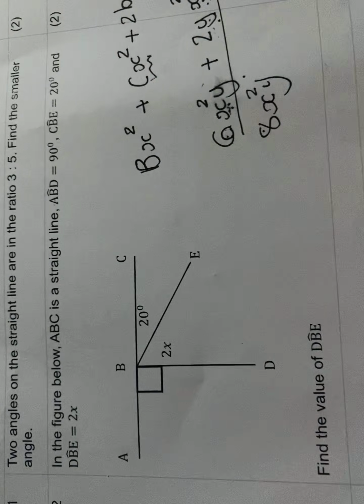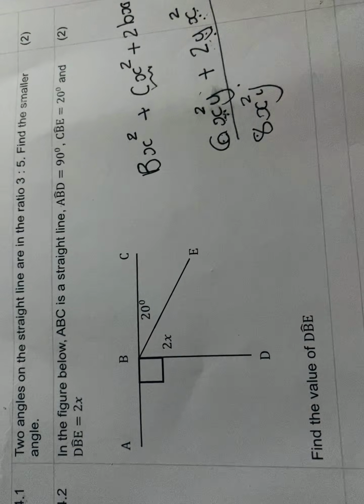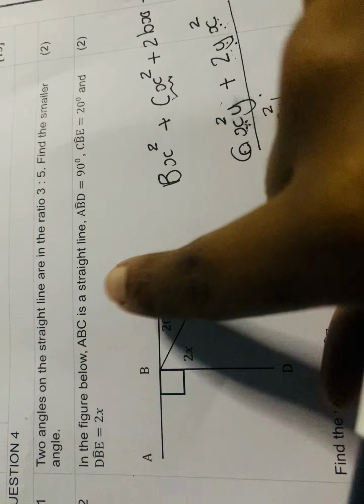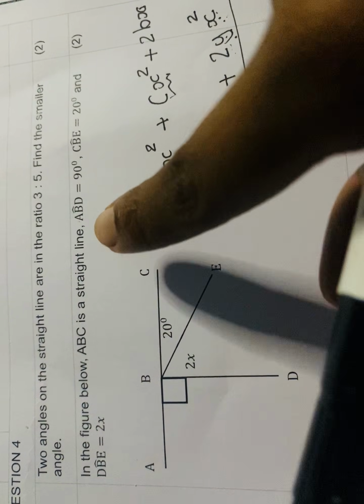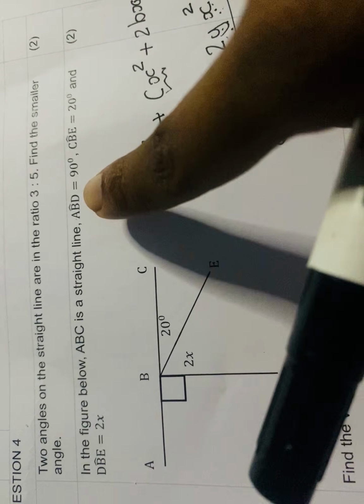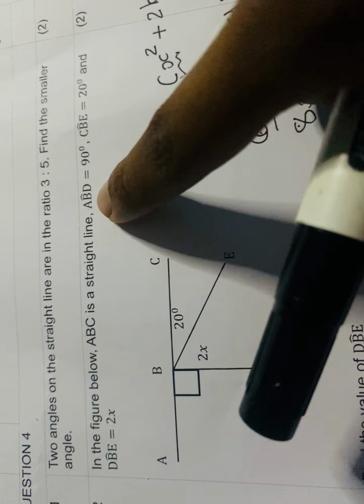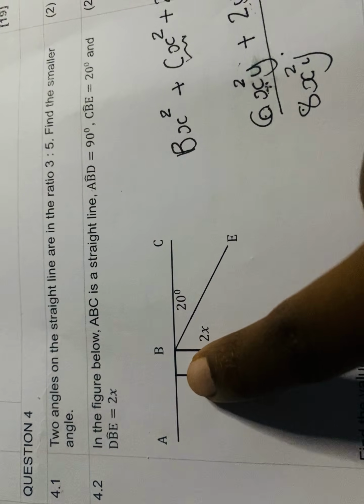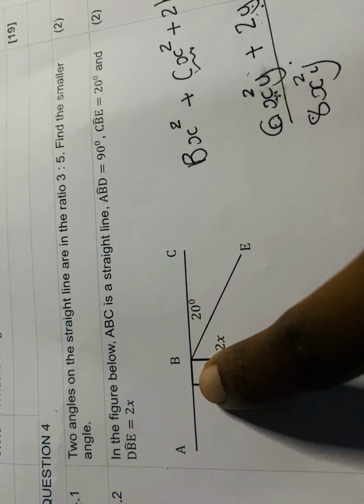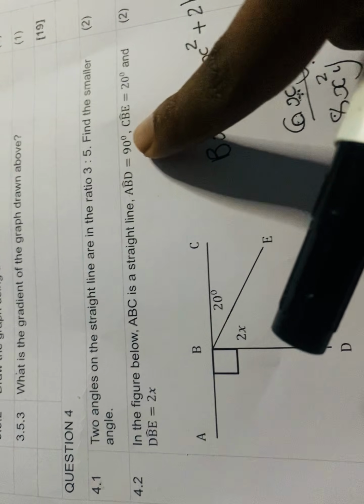Righty, let's look at 4.2. So in the figure below, you have ABC is a straight line, and they're telling us that ABD, so ABD, now do you see the cap in the middle on B? It's referring to angle B, which would be this one, is 90 degrees. Then CBE,